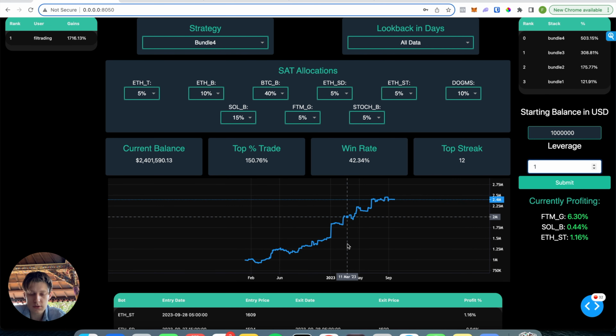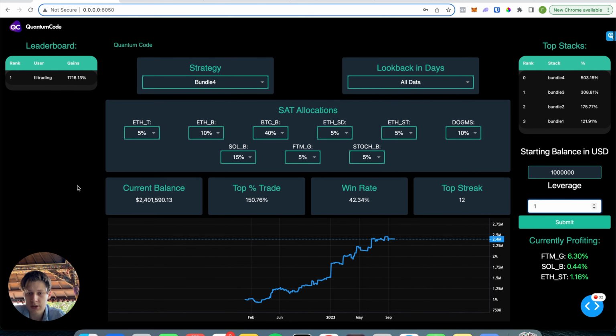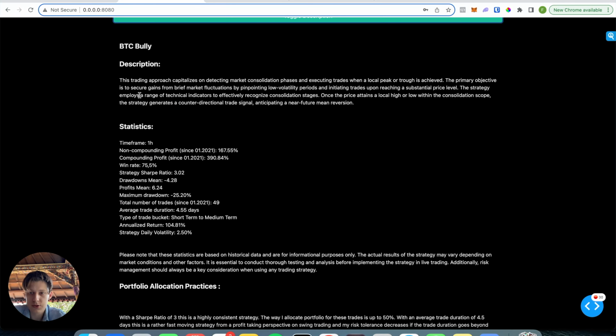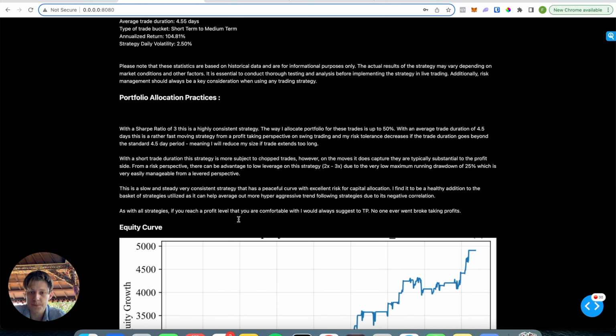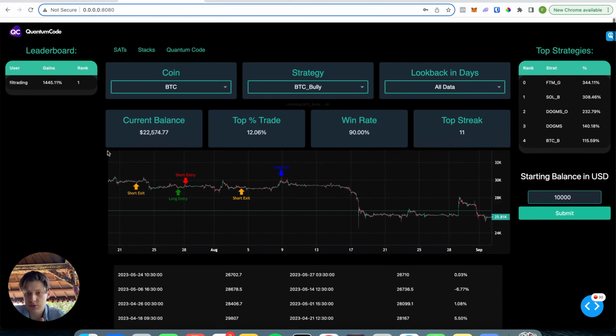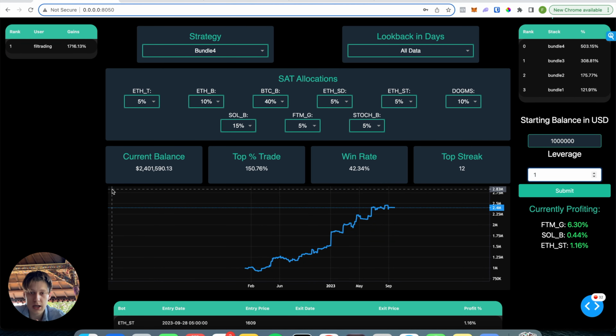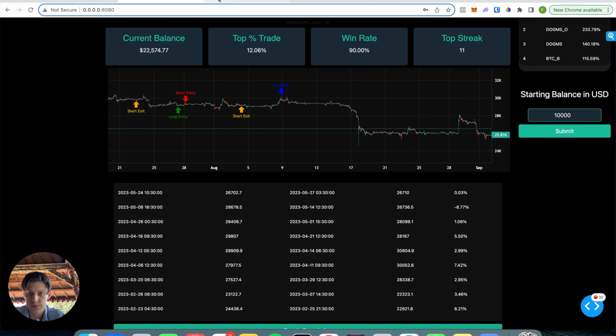The chance of their success is zero because they don't have any strategy, right? They don't have this dashboard. They don't have a theory behind it. Here, by the way, on the strategies, when you go down and you toggle the description, you have some descriptions and allocation practices and everything about strategies, right? Explain how they work, why they work that well. Which is something that most people don't have. They just over leverage. They just chase this 100% trade, 500% trade, and not looking at anything else, and just lose money, right? Once again, the rule that retail traders are focused on detail, whereas institutional traders, the ones that make money, take a step back and look at it from a larger perspective, right?